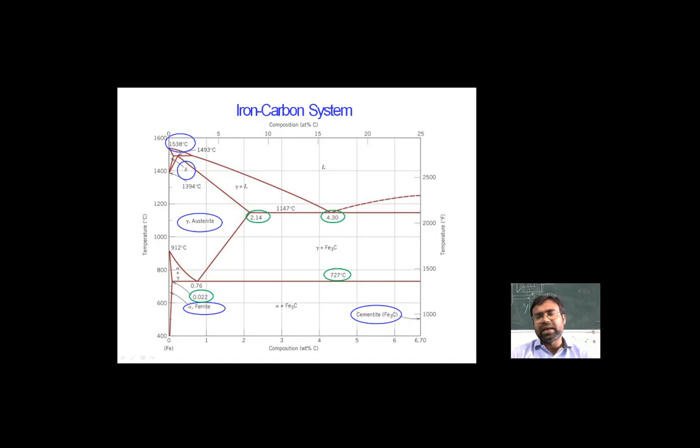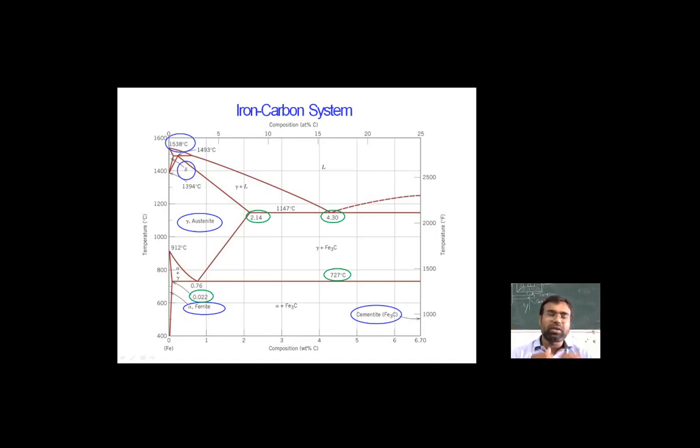So alpha ferrite, as we talked about, possesses the BCC structure at a very low temperature, and moving above that, we reach a temperature of 1147 degrees centigrade, where it transforms into gamma austenite, losing its structure, converting into FCC and becoming non-magnetic. When we move to a higher temperature, 1493 degrees centigrade, it again transforms into the BCC structure, that is the delta ferrite, at a very high temperature, which is not in consideration for this system.